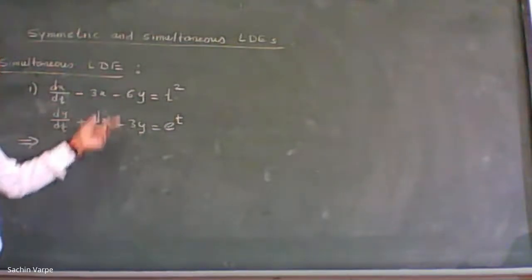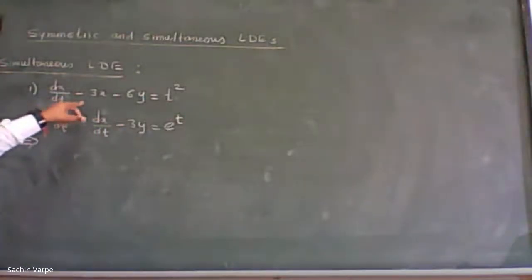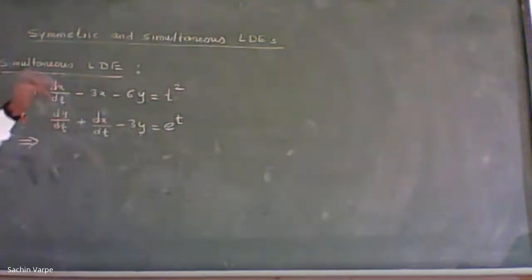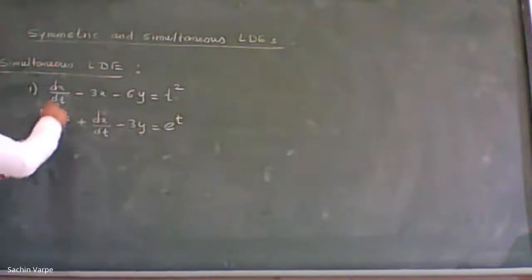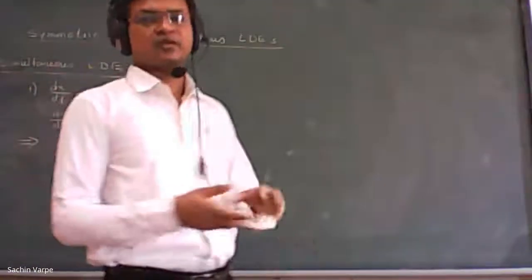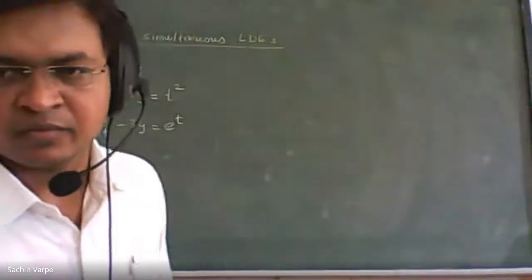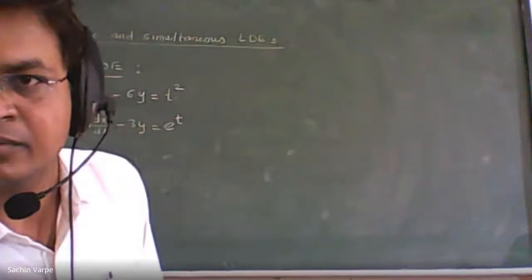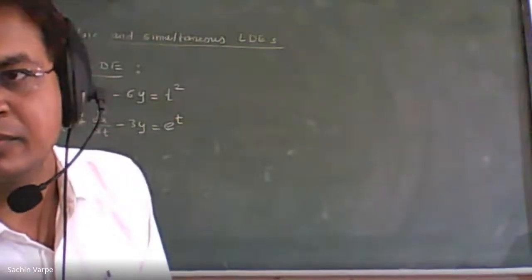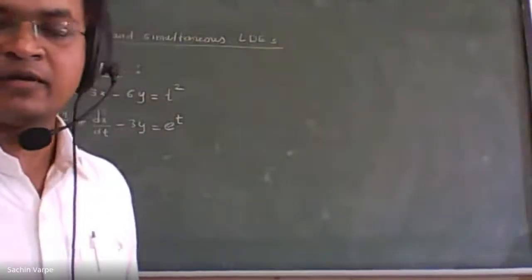So we have been asked to solve these two equations simultaneously. First of all, here the dependent variables are x and y, and the independent variable is only one, that is t. How to check the dependent variable? Do you remember how to check? Yes, how do we check which is the variable involved in the equation?